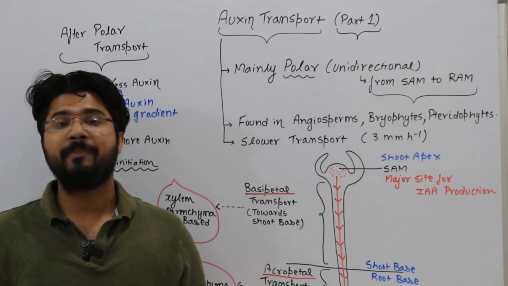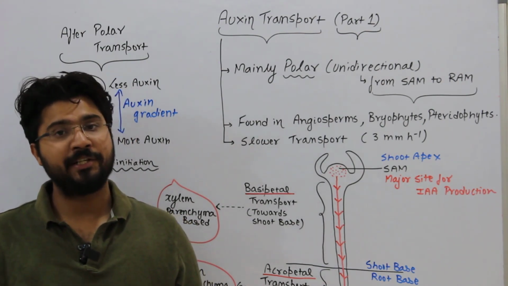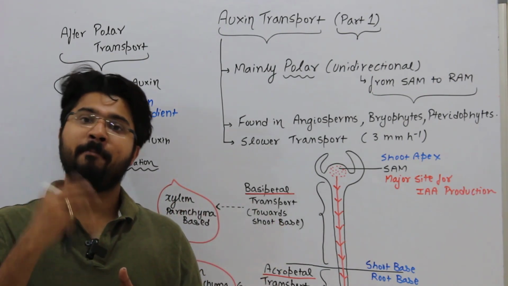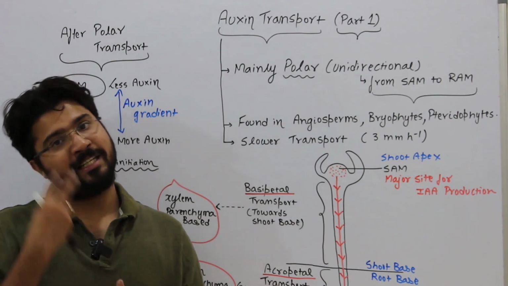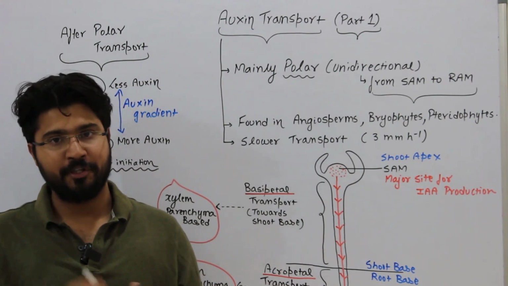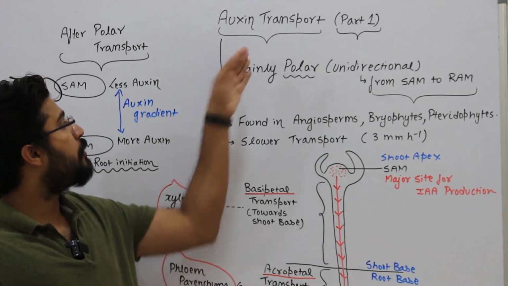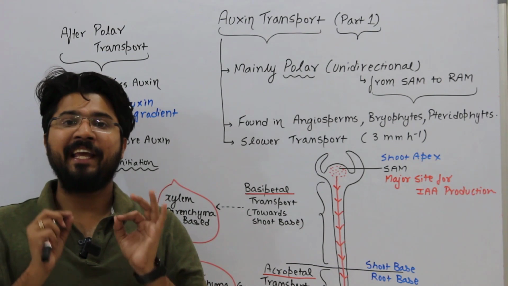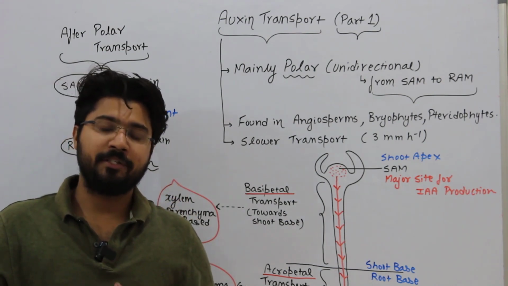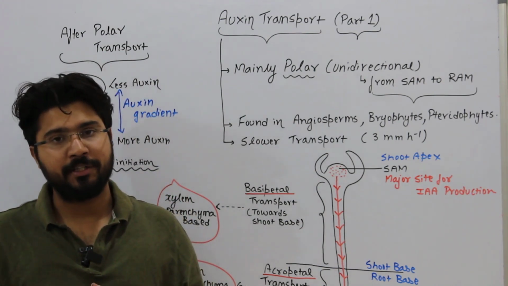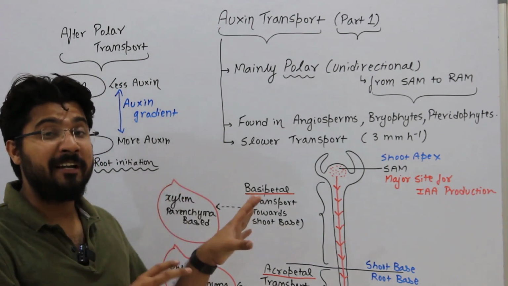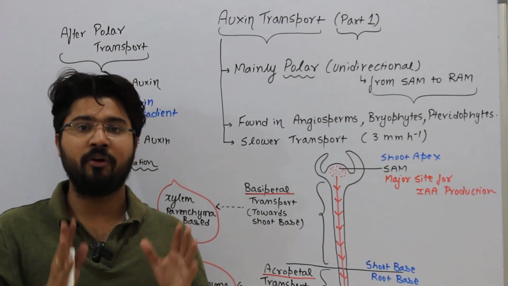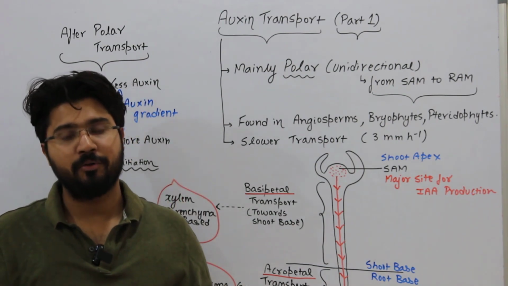This transport topic will be split into two parts or two lectures, where I will be giving a brief idea in part 1, and there will be the mechanism of the transport as a part 2 lecture uploaded after this one. Now, as far as auxin transport is concerned, this thing should be clear that IAA or indole 3-acetic acid is the most abundant auxin in natural plant systems. Therefore, whatever statements I will be dealing with now are all by default related to IAA, whether I mention it or not.